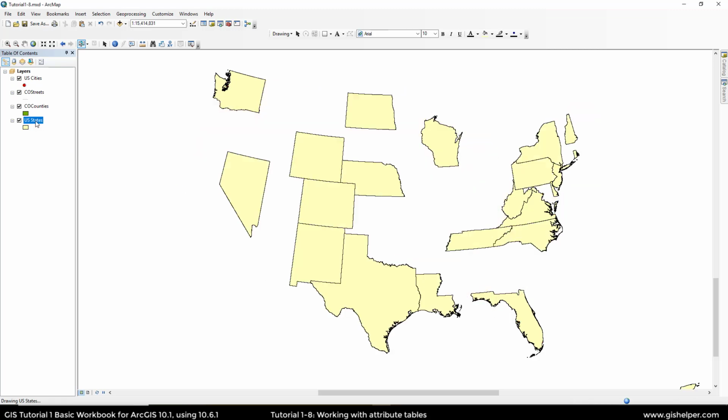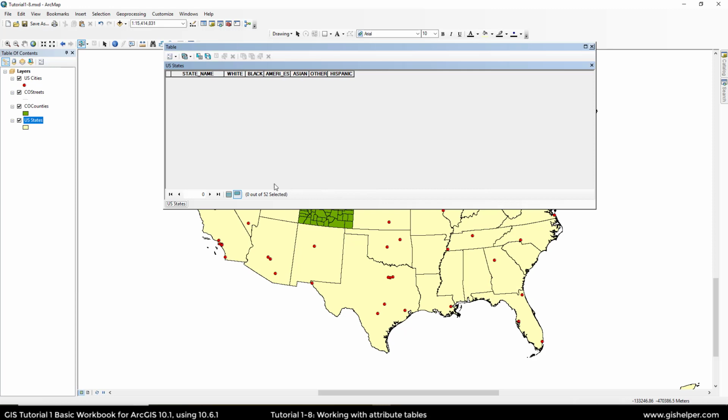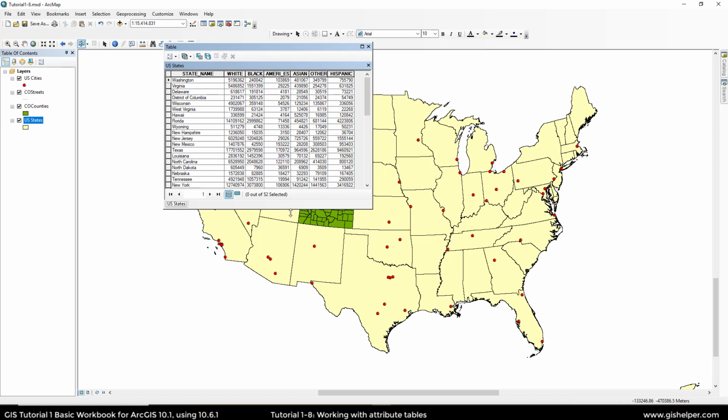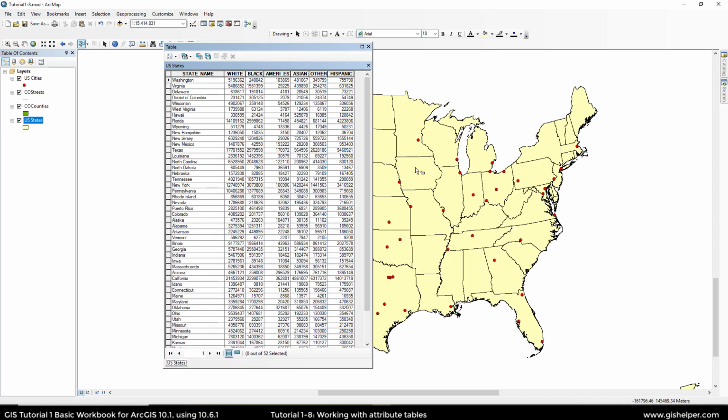We're going to open up our attribute table. And like I said before, because I cleared my selection, it looks like I have no attributes. So I have to go to Show All Records. And now we can see that it's a much more manageable screen. We can actually close this or down to where we can see more of the map. This is where the book ends. It wants you to do a Your Turn, where you turn off all fields except for population 2010, for race, for CO counties. But I'm going to show you how to do some other things that are really useful